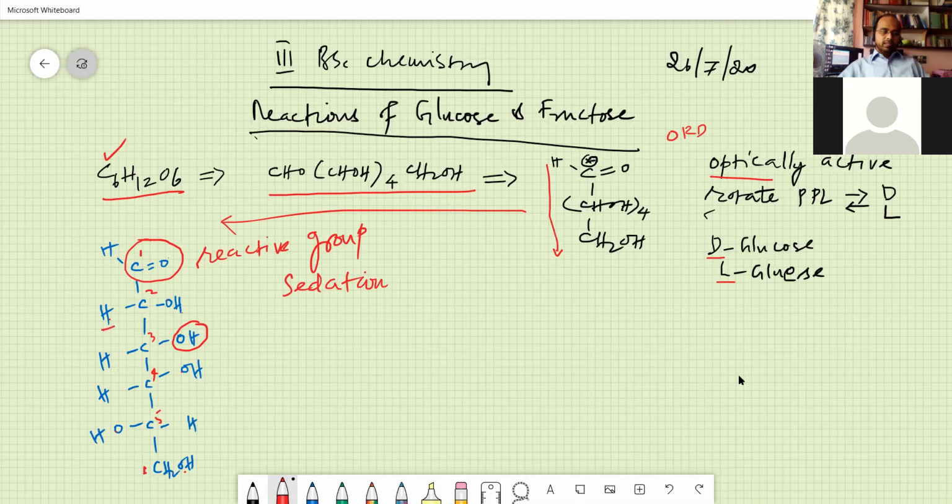So you also have H here. Unless H goes as H plus, it is not reactive. The most reactive part we are going to see is because of the C double bond only. And this is an asymmetric carbon atom. Asymmetric means it has 4 different groups attached to the carbon atom.